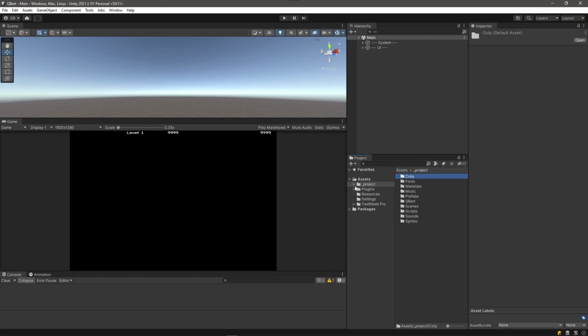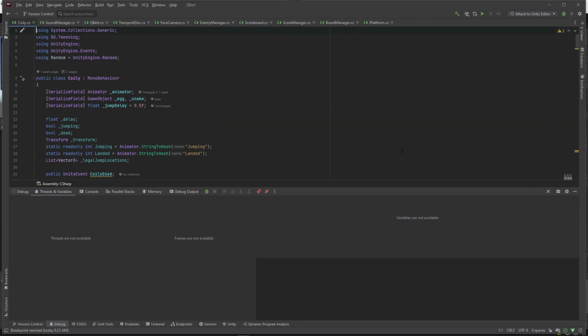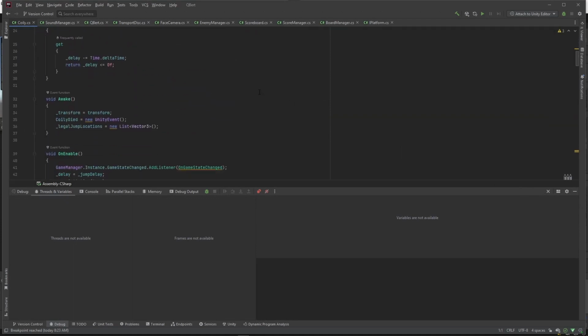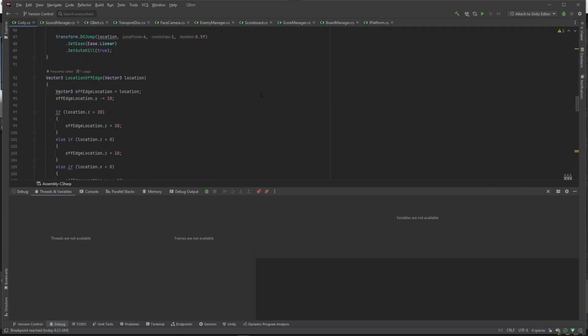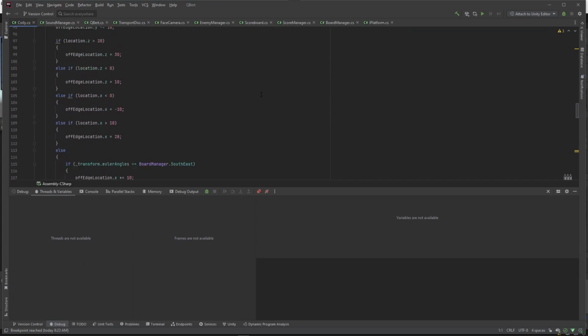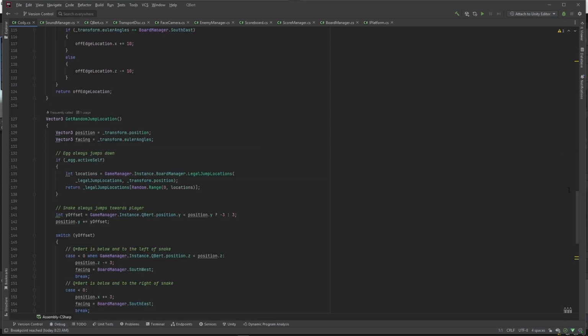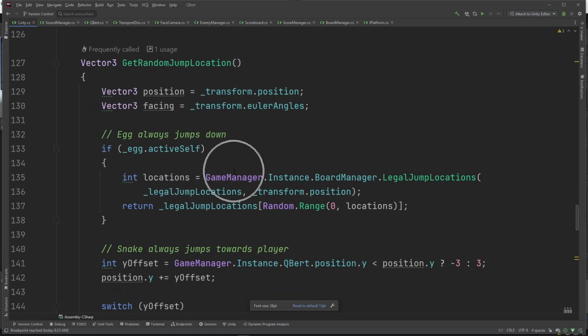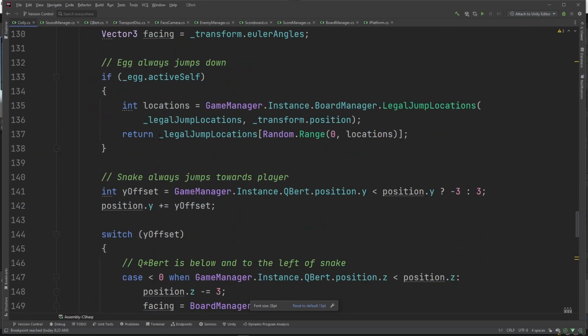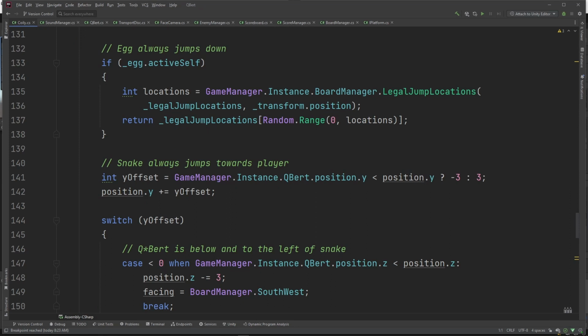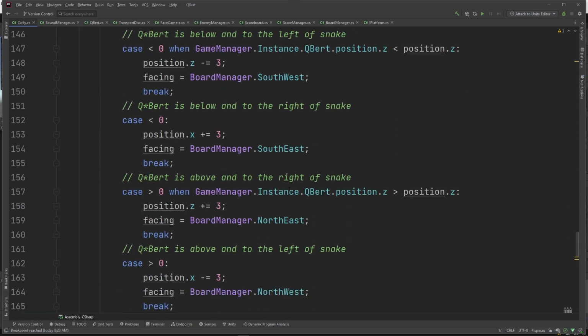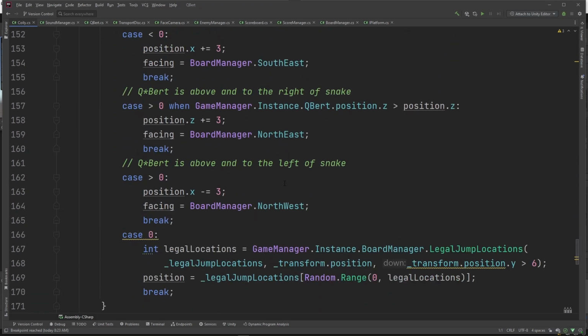where he's following the player, where we get his jump location. So if we go into our prefabs enemies Coily and we open up the Coily script and we go down, there's a function in here. Let me minimize that and zoom in. Get random jump location. So right here, we basically check to see if Q Bert is above or below him, and then if we should jump up and left or up and right or down and left and down and